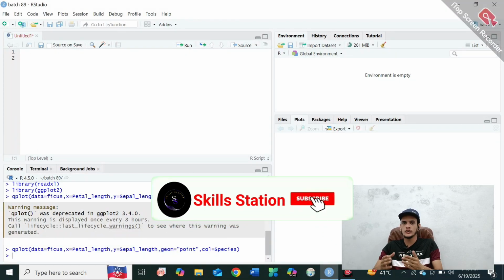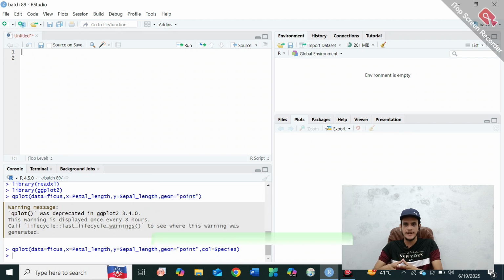Today is our third lecture of our course RStudio, Statistical Data Analysis by using RStudio. We have already discussed what RStudio is and how we can install R and RStudio free of cost. After that we learned about what a package, a function, and a library are in RStudio, and the function of the four different screens on RStudio. If you have not watched my last lectures, please watch lectures number 1 and 2, then start lecture number 3. In today's lecture, we will learn how we can create a point plot in RStudio.